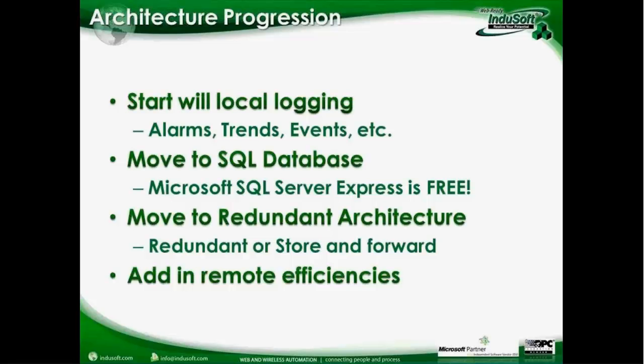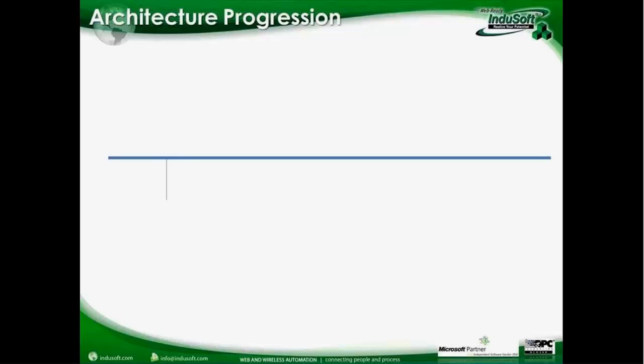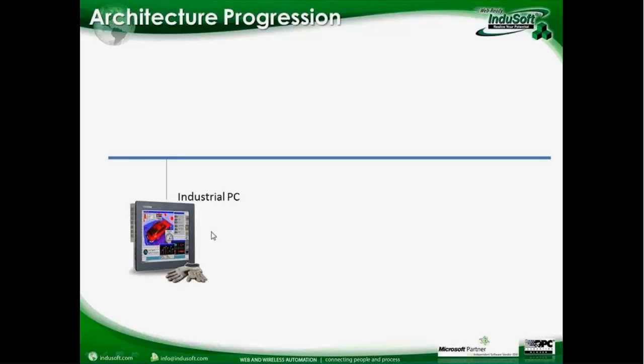So let me kind of put this in a picture format and talk about how you might grow this architecture. You might start with an industrial PC on your machine or your process, and then decide, oh, we want to do some alarming or trending and start logging to a local database. InduSoft Web Studio has a proprietary format that it can log alarms and events and trends to the local hard drive in a format that you can get out as a text file if you need to, or a CSV